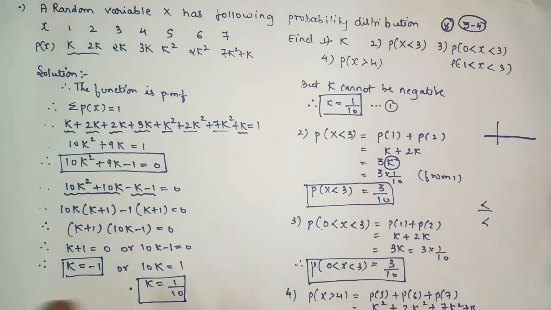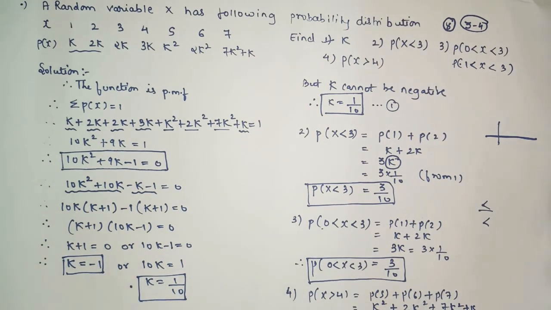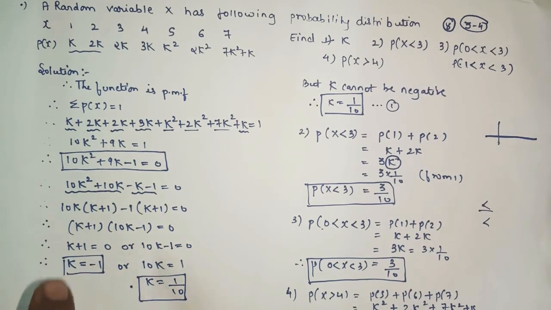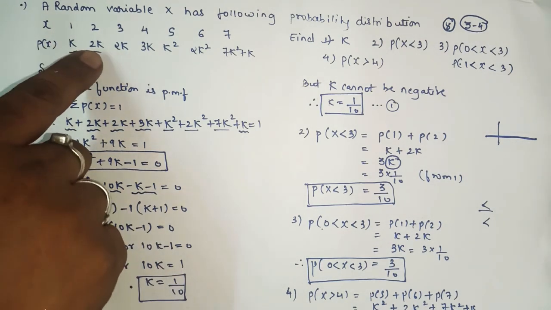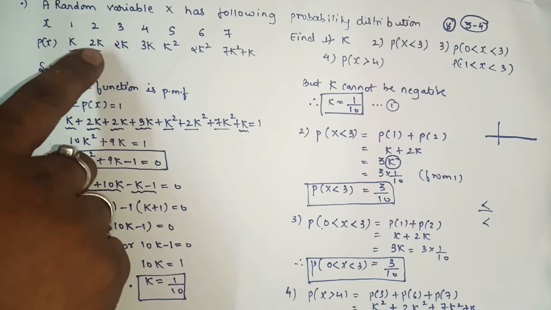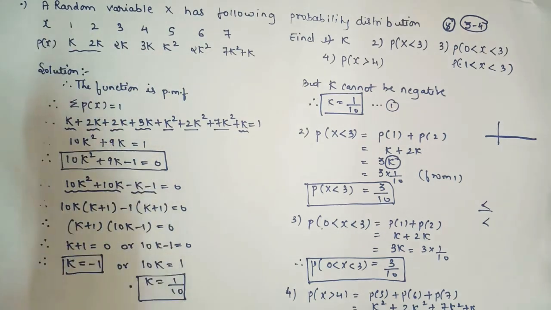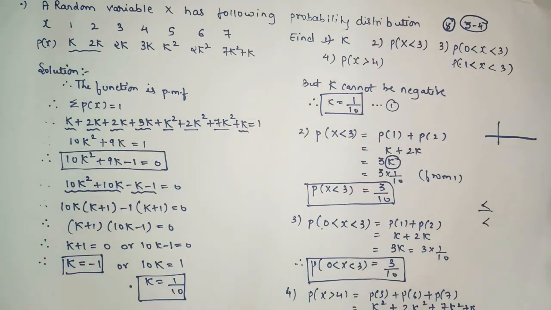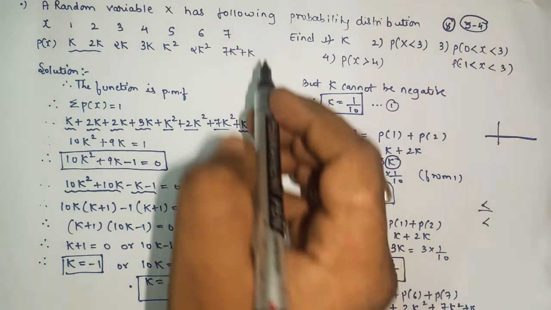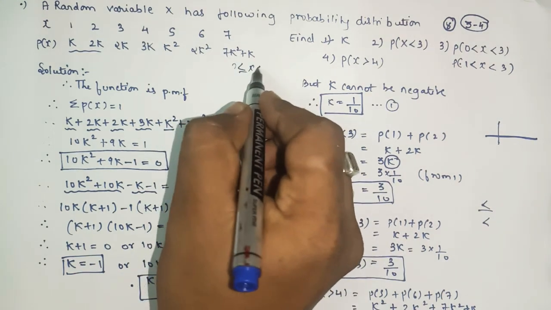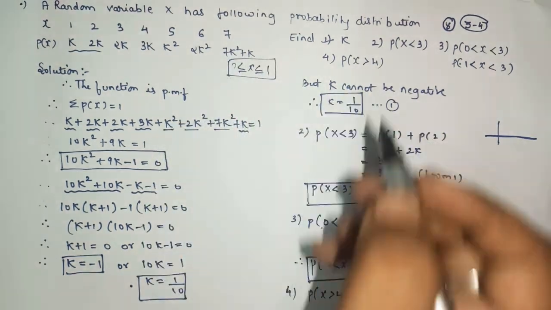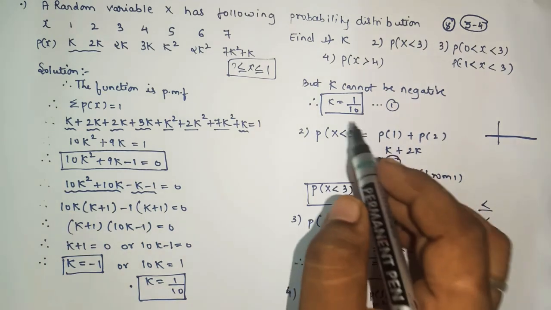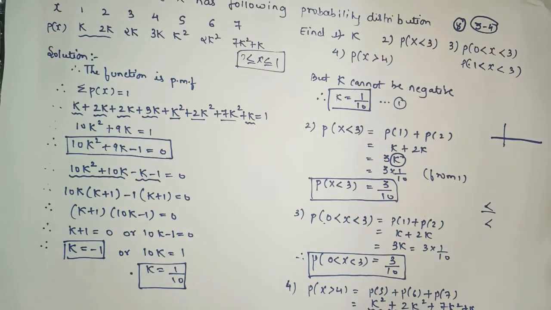So of course, if this value does not satisfy, the second value will satisfy the condition. As k equals minus 1 upon 10, when you replace 1 upon 10, this will be 1 by 10, 2 by 10, 2 by 10, 3 by 10. So clearly we can see that the answers will be 0.1, 0.2, 0.3. The probability value can lie between 0 and 1, but it cannot be negative. So from this clearly we can see that k equals 1 upon 10 satisfies the condition.